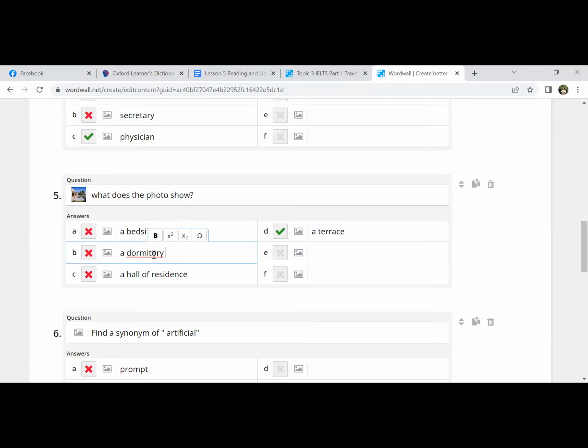But now let's talk. And you see here the word dormitory, or dorm, which is American English, or it can be used in both America and the UK. However, a hall of residence is 100% British, and they mean the same thing. A bed sit. What is a bed sit? I would like to hear from